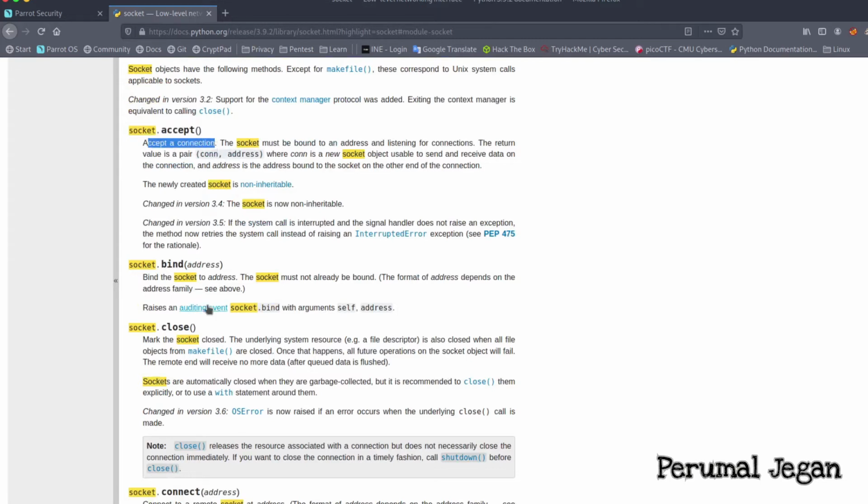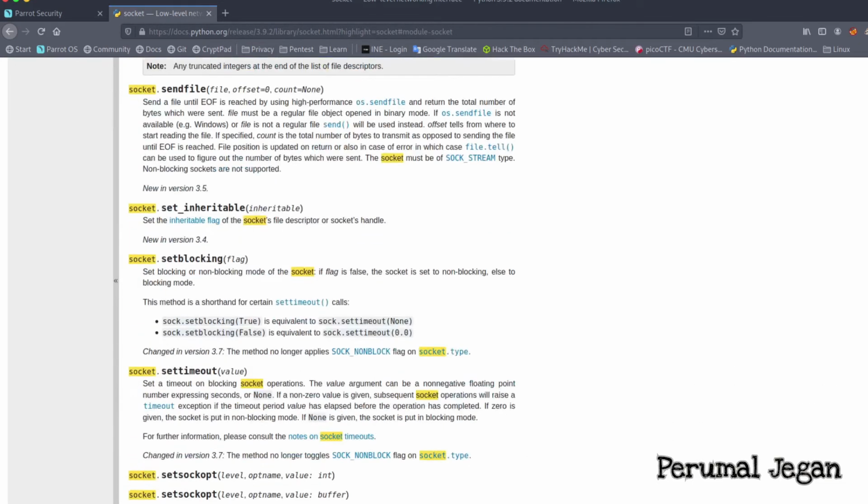That is what they gave here. And socket.bind: when I use this object, it will simply bind this socket with the IP address that we give. You can also use port detail here. So we are going to use this object in our program, and socket.close to close the connection. Actually, it is closing the socket.